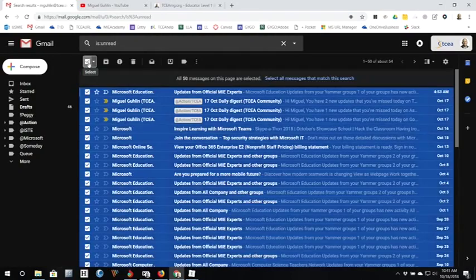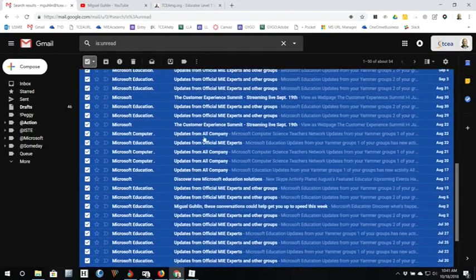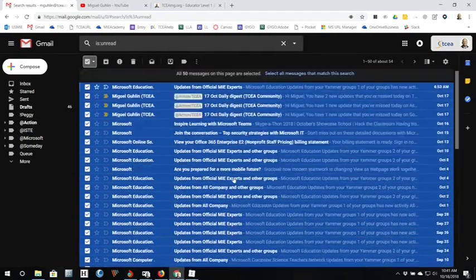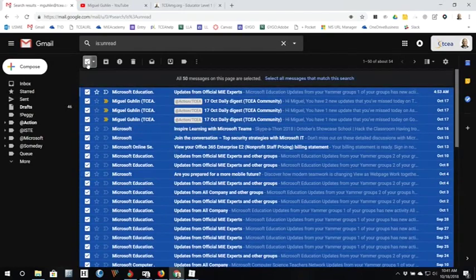Sometimes you don't want to read any of your unread messages, or you really want to work right through them. So if I want to, I can just quickly select all of those messages using this little box up here in the top left, and then use my trash can icon to delete them or to remove them. What I could also do, though, is say, you know, I don't need to read these. I just want to see what's coming in. So I could come over here and say mark as read,